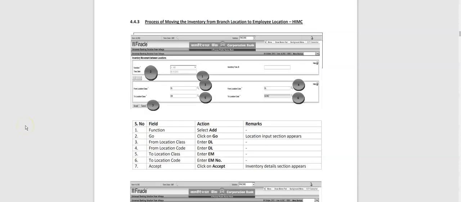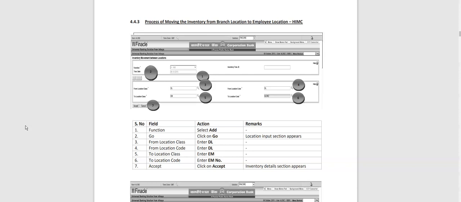Now from DLDL, next day morning after the day begin, both the custodians have to move those inventories. Let's say out of 100 leaves, 10 leaves are given to any employee who issues savings account checkbooks to various customers. Of course, now we have a centralized process in mostly private banks, but government banks, they do have their own branch level system here.